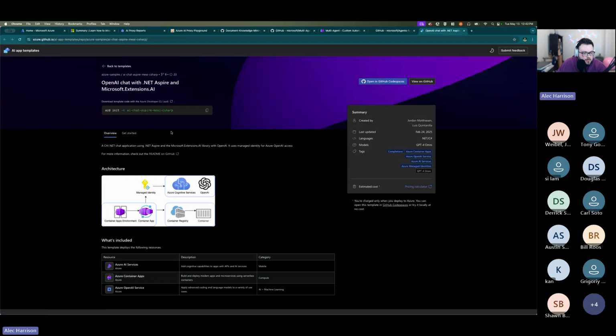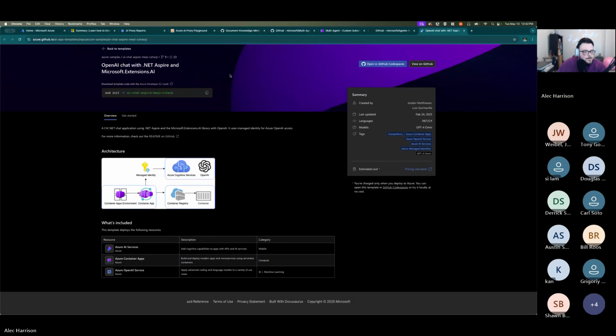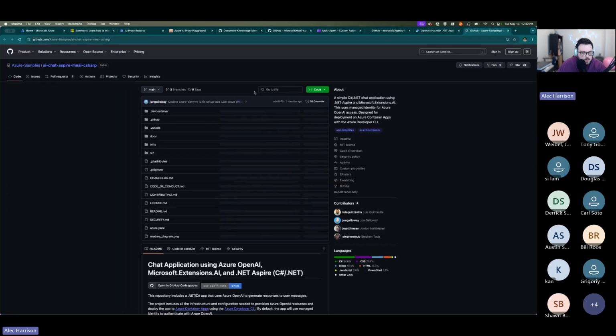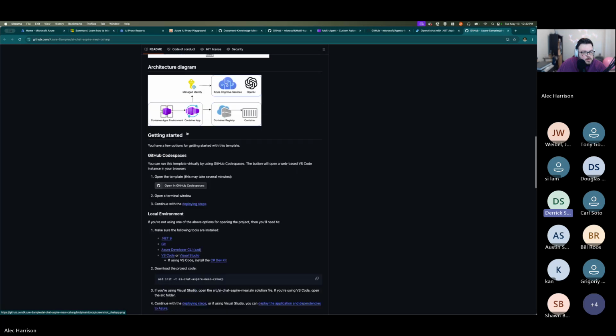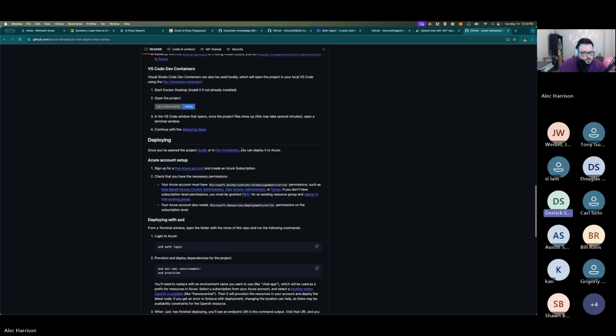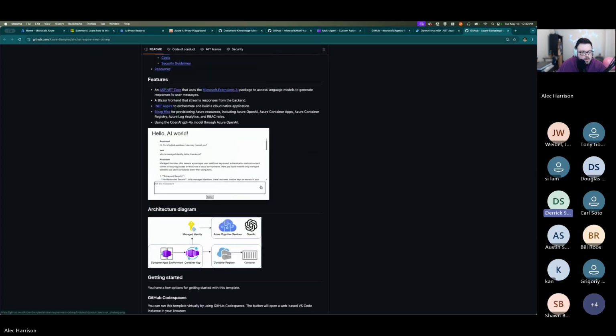An AI app template that uses a C# application using .NET Aspire, it looks like. So this must be just a very basic project. Yeah, I was just trying to search for some. We've got an internal site that lists a bunch, and I was trying to search on .NET Aspire ones, so I found two of them here that have .NET Aspire. So this one looks like it gives you a little bit of a UI in .NET Aspire to call with. It uses Azure Cognitive Services through a managed identity.